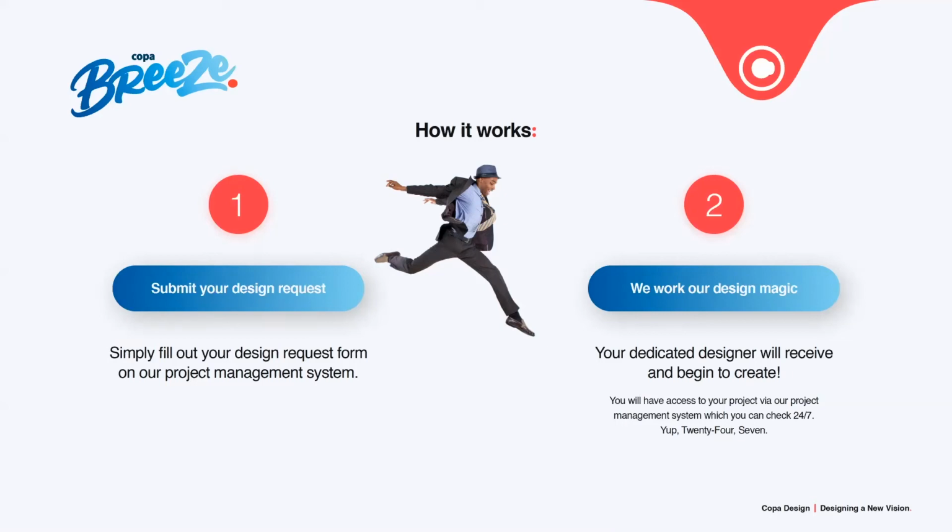You could upload as many projects as you would want. Now, what we're going to be doing is working on your layouts one by one. So we'll work on your flyer. Once that's complete, we'll jump to your brochure. We'll jump to your postcard. So we will go down your list of items, but you do have that option of submitting as many projects